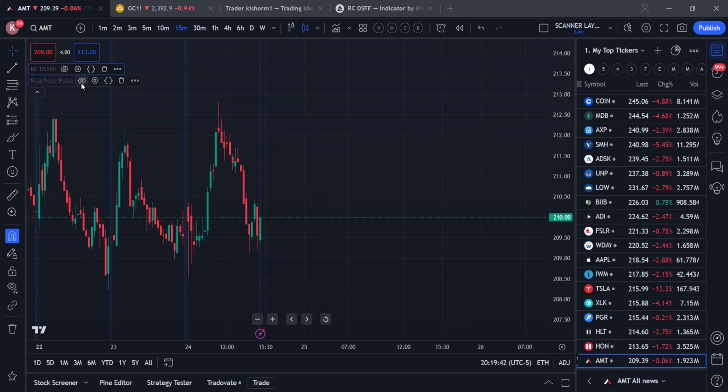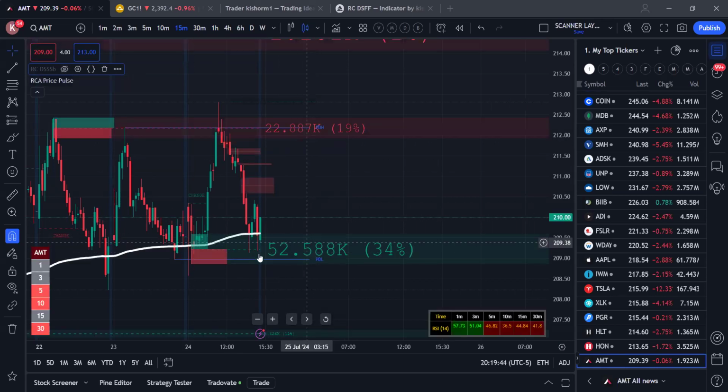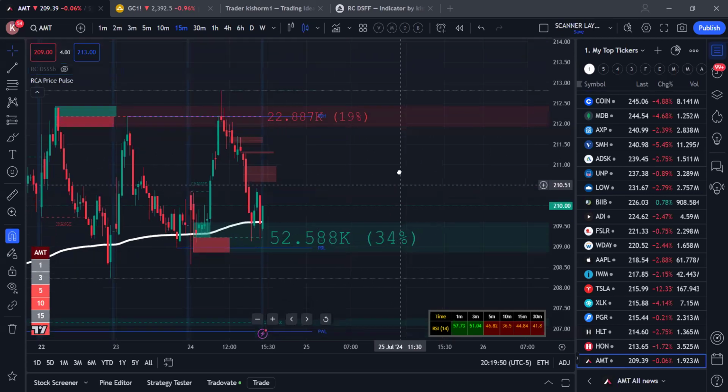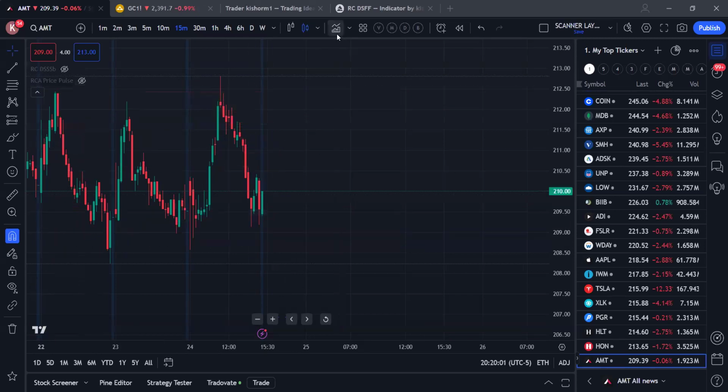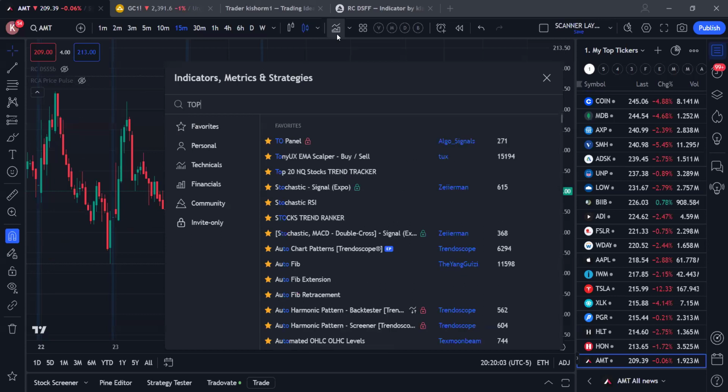So one, the scanner gave the indication that it is a good one to buy. Second thing is our price pulse is also telling us that there is a lot of buying happening here. A lot of limit orders are here, right? Banks or all the big companies want to buy the stock at this price. So that is another positive indication for us, right? Or we have another indicator called top trend,